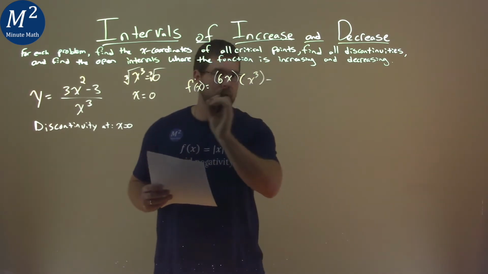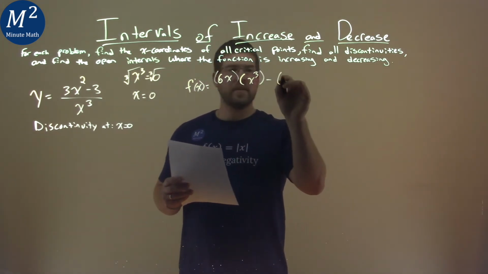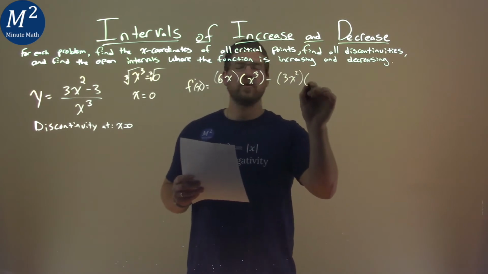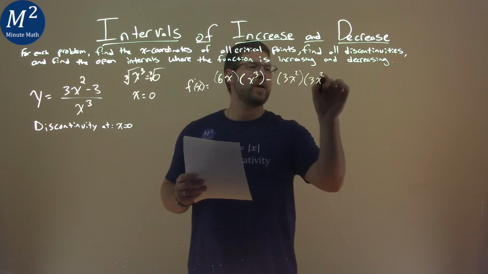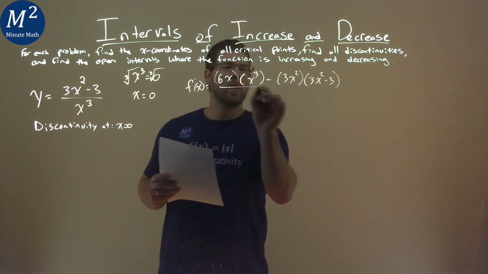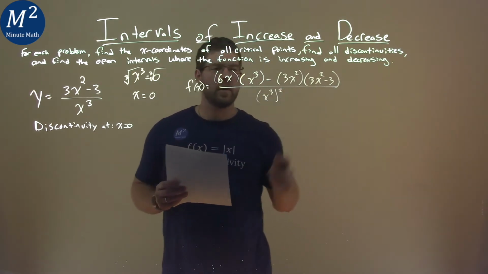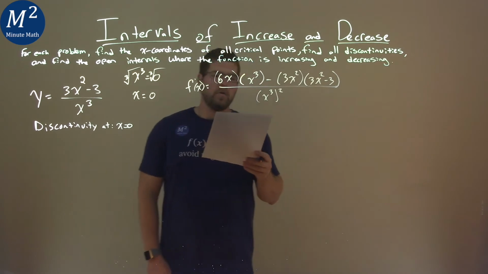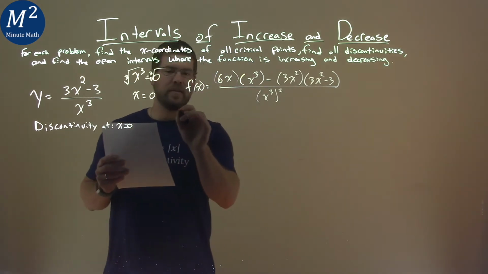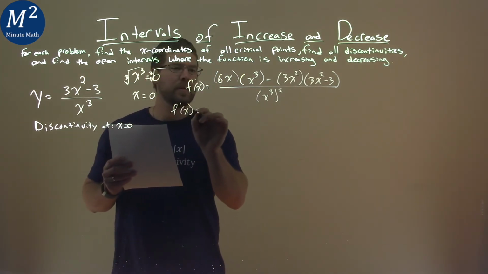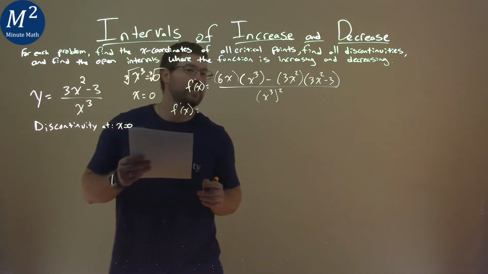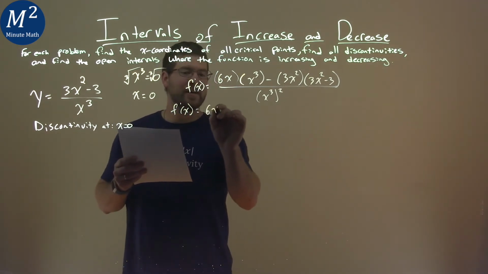Subtracted by derivative of the denominator, we have 3x squared times our numerator, 3x squared minus 3, all over that good old denominator squared. All right. From there, let's simplify this. F prime of x here is equal to 6x times x to the third power, which is 6x to the fourth